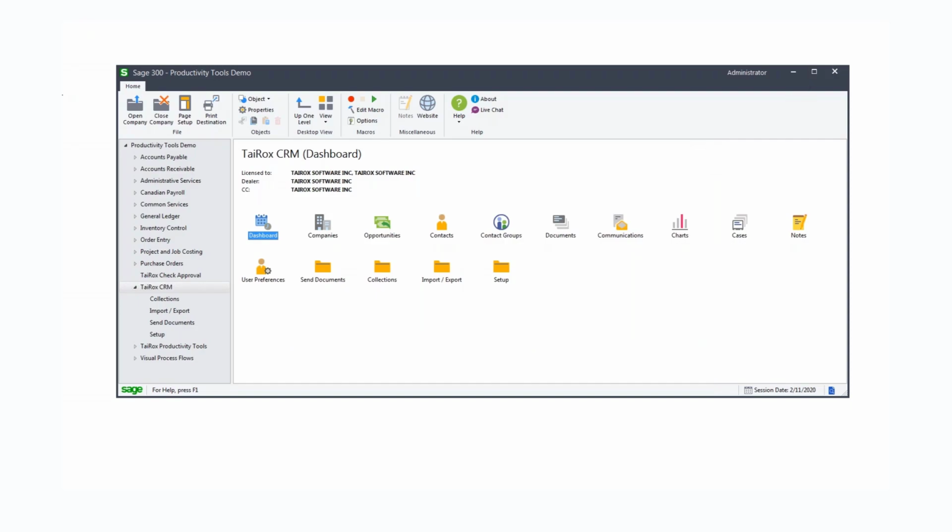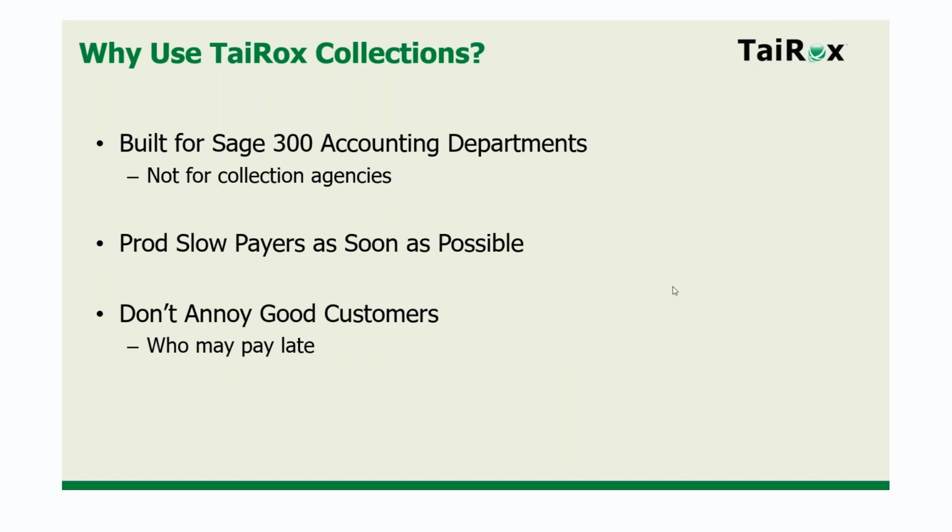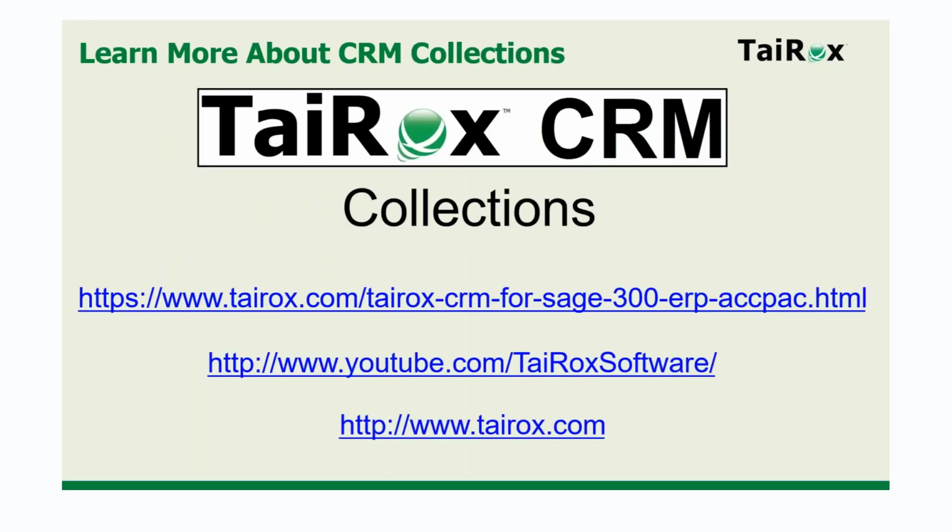So that was a quick demonstration. And I wanted to just repeat the goals that we have for collections. If you've got some questions, now would be a good time to chat, enter them into the chat window, and Nancy's going to have a look at that. While she's having a look at that, I'm just going to note that we have a lot more information